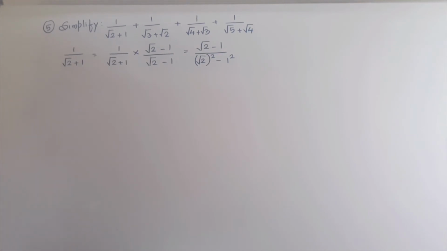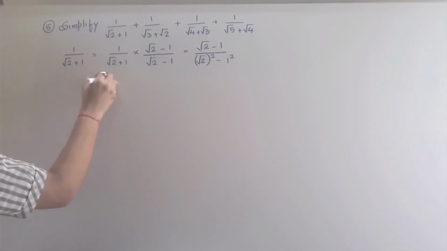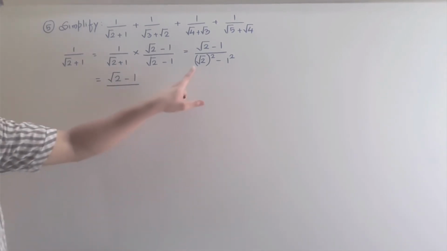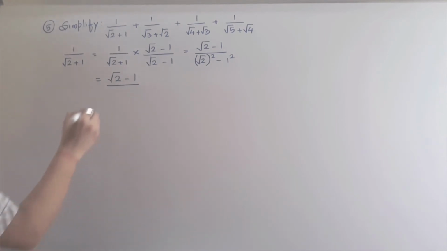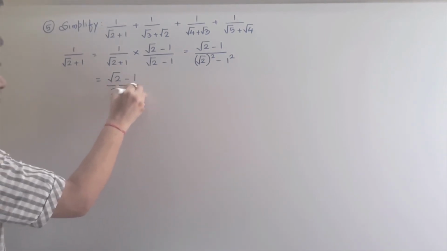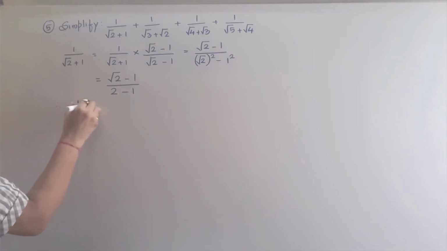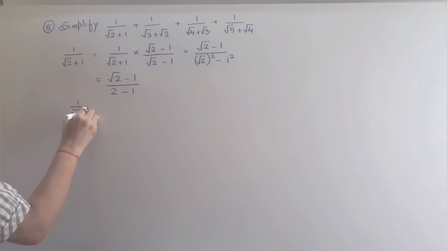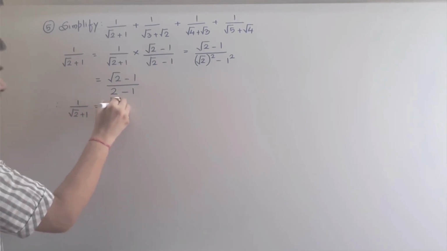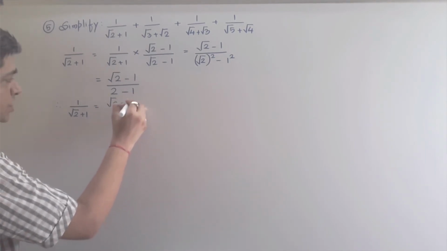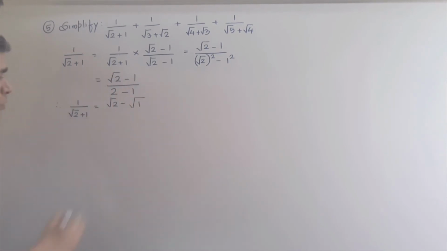That is 1 square. Now further, root 2 minus 1 I can write down as it is, upon here the square root and the square will be cancelled. So remaining is here 2 minus 1. Square of 1 is 1 there. So I can say therefore 1 upon under root of 2 plus 1 is equal to root 2 minus 1, because 2 minus 1 is 1 and 1 we can leave it. One small change I am making here. I think you should not have any objection if this 1 I write down as under root of 1.